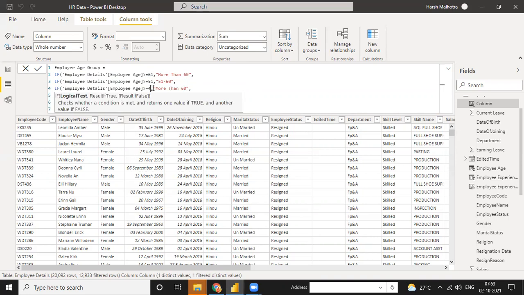Guys, do you have any question in your mind about any condition you want in this age group? If you want any condition, then tell me, and I will calculate those conditions as well as 41 to 50. In the same way, when you move to 31, I can write 31 to 40.